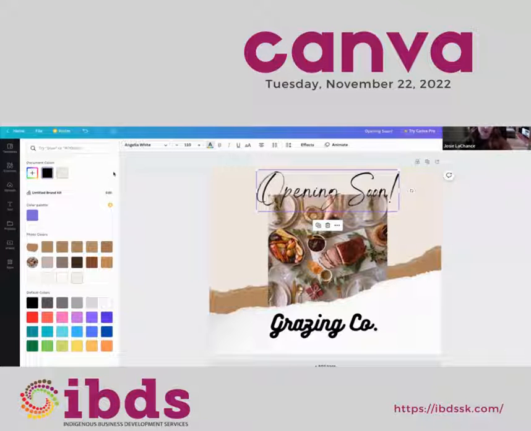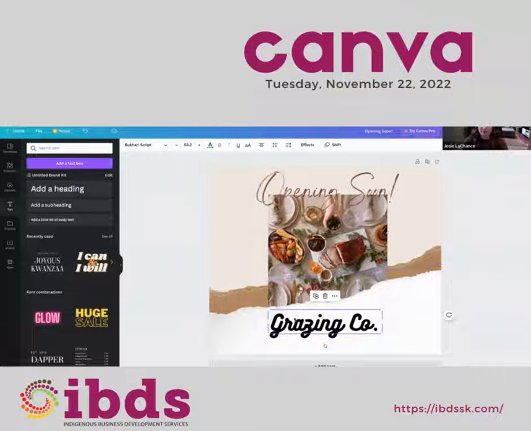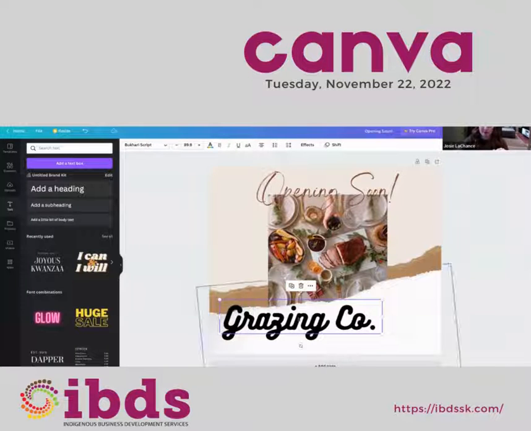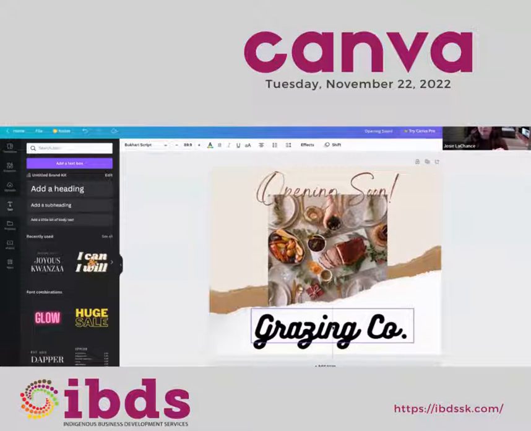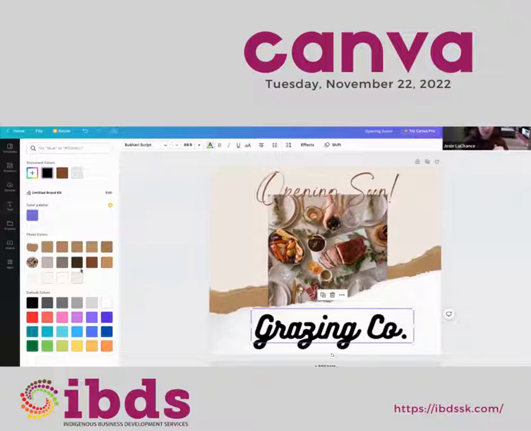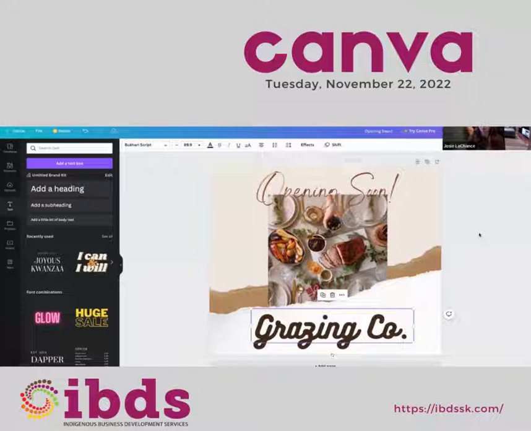You'll see on the left-hand side, when you tap that color swatch, it gives you colors that are already in the photo or in your template so that you don't have to search for colors to match. So maybe I want it to be this brown color. And maybe I want my grazing code to be a little bit bigger because I have the room. And maybe I want to change it because black looks a little bit too harsh. So you can just adjust it like that.